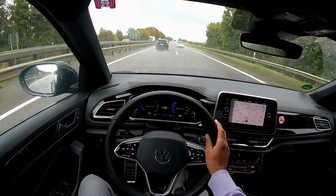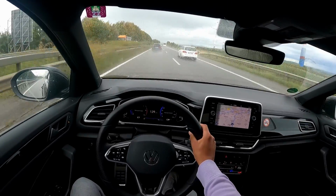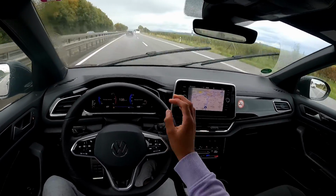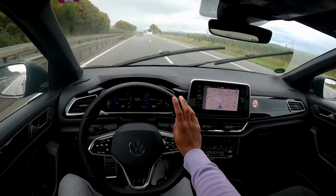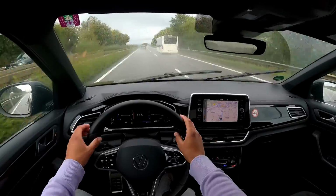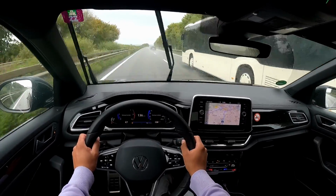However, in here it does sound a bit better than most of the other standard Volkswagen sound systems I've heard. I'm not sure if they have different speakers in here or not, but it sounds decent. If you can, of course, always upgrade your sound system. But overall, this is a really nice driving vehicle, and I do prefer it over the Skoda Karoq that I